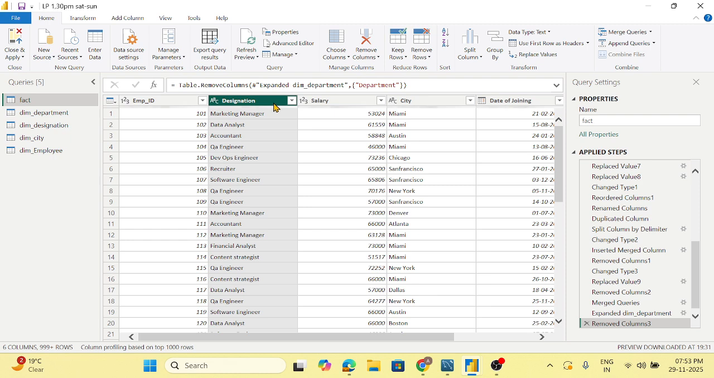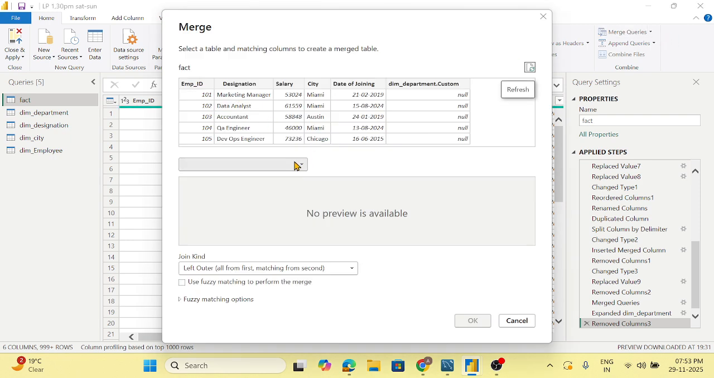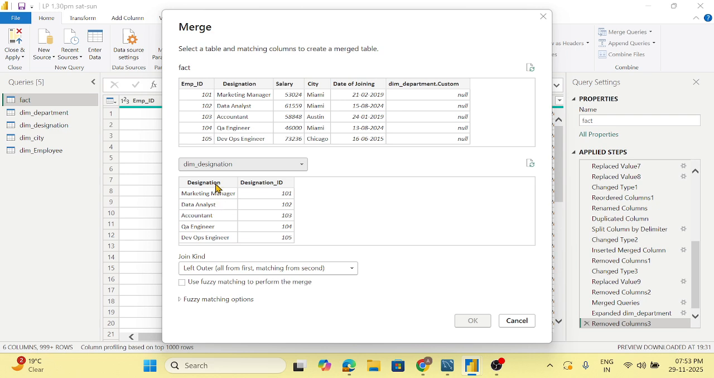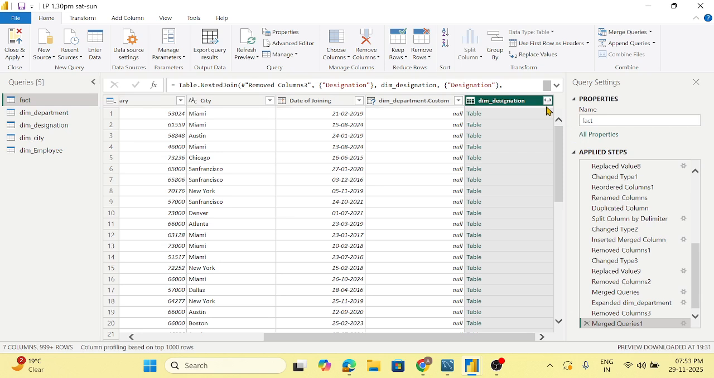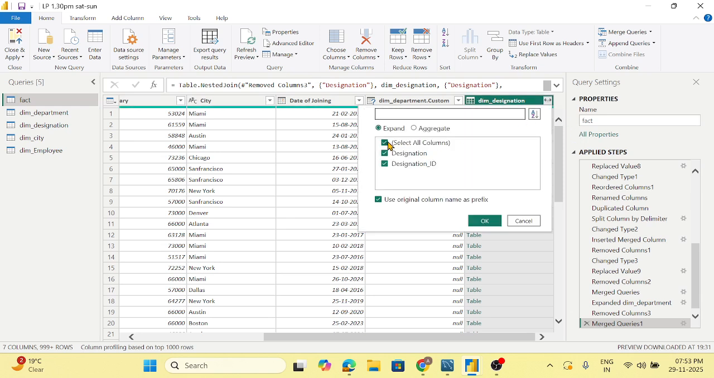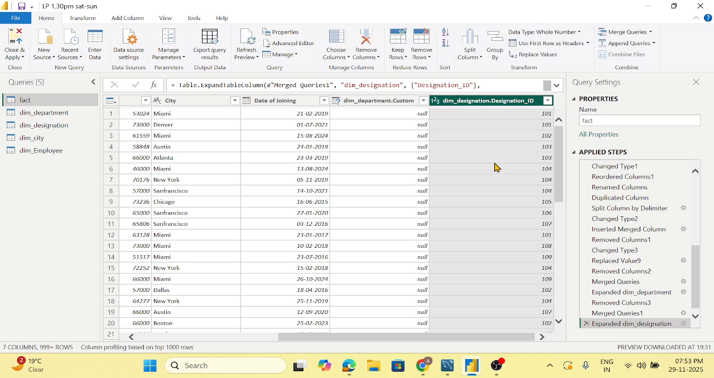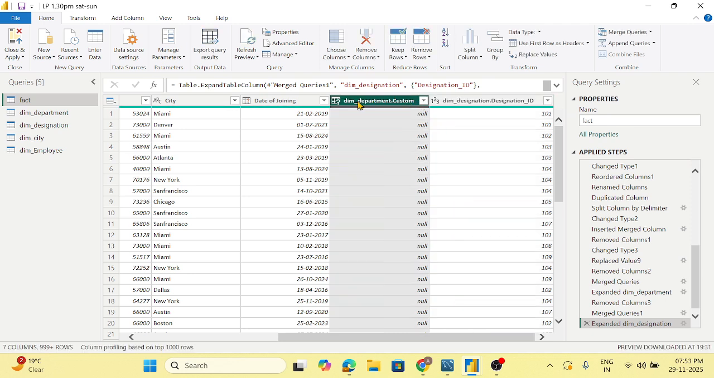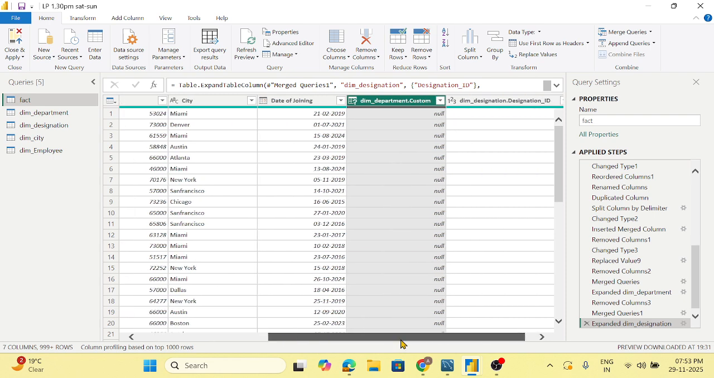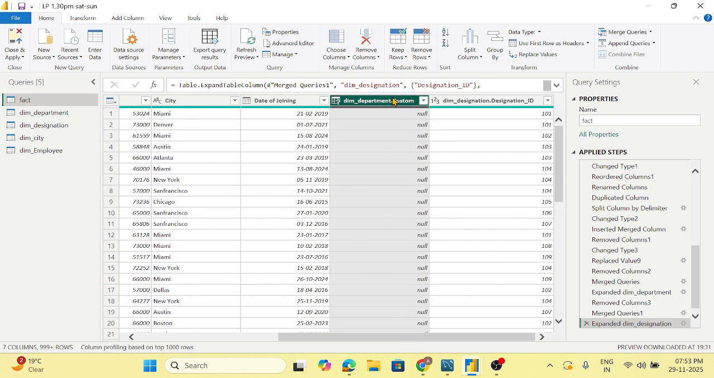Okay, same way we can do for designation also. We can merge the queries, and we have the designation table as well, so we can merge our designations. Okay, and we can just do it. Okay, now we will have what we want, only designations. Yeah, designation ID should come here. Okay, so here it's getting null records here because there is a reason behind it, and that reason is